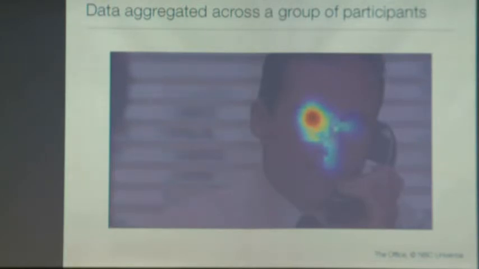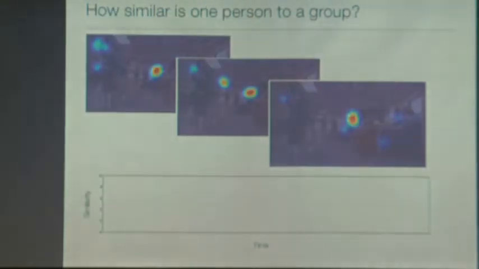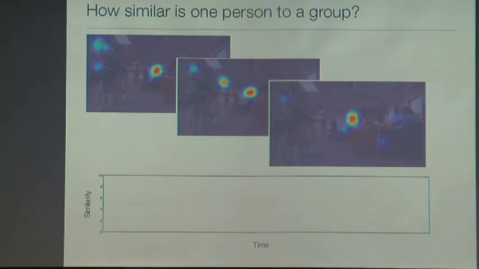So you can quantify how normal, how similar to the group your eye tracking data are. If we take one frame of this, say we look up here in this frame, and we have a subject who fixated here. This subject looked at a location where nobody else in the control group looked. Then we can plot that person's similarity to the group, and we can say, well, they're down here at 0, because nobody else looked up there.